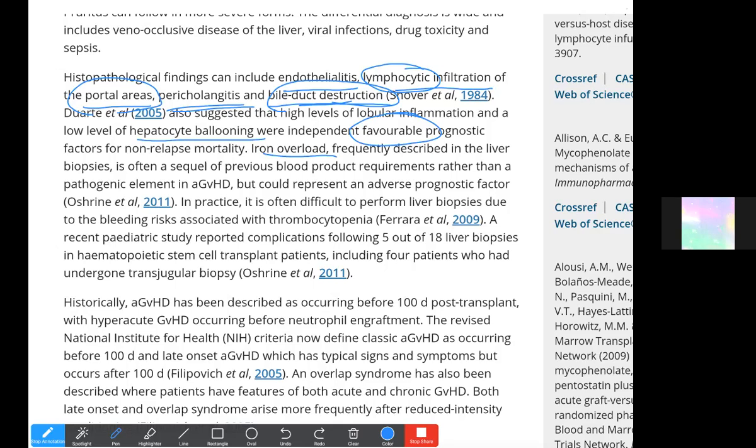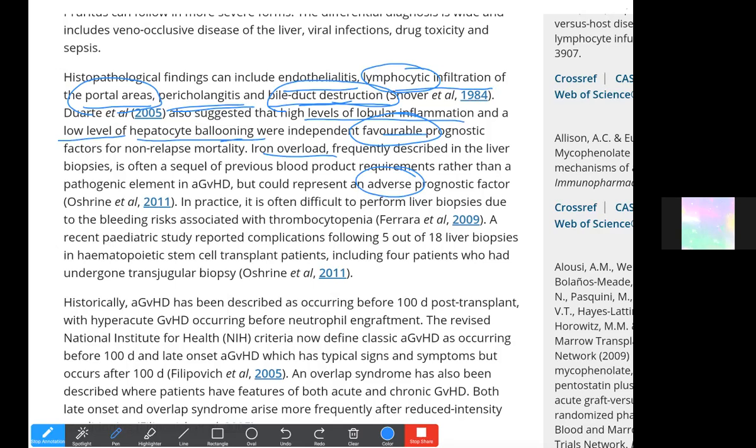This could be because of previous blood product requirements rather than the pathogenic effect of acute GVHD. But this also was an adverse prognostic factor. So there are some associated favorable prognoses, like if you have low levels of hepatocyte ballooning and high levels of lobular inflammation. If the inflammation is high and the ballooning or the destruction was low, this was actually a favorable prognosis. And the adverse was actually iron overload if it occurred concurrently or simultaneously with the GVHD, related to all the